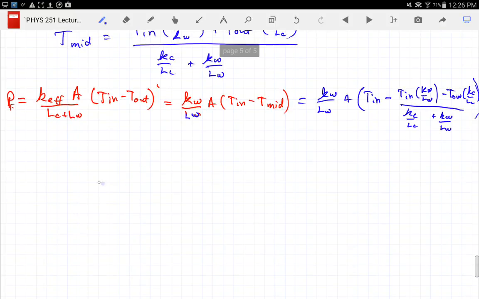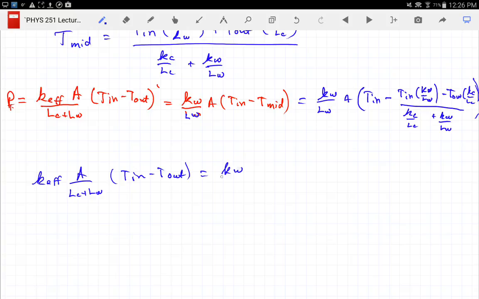To give this a common denominator, I would have, okay, the left side, K effective, right side,